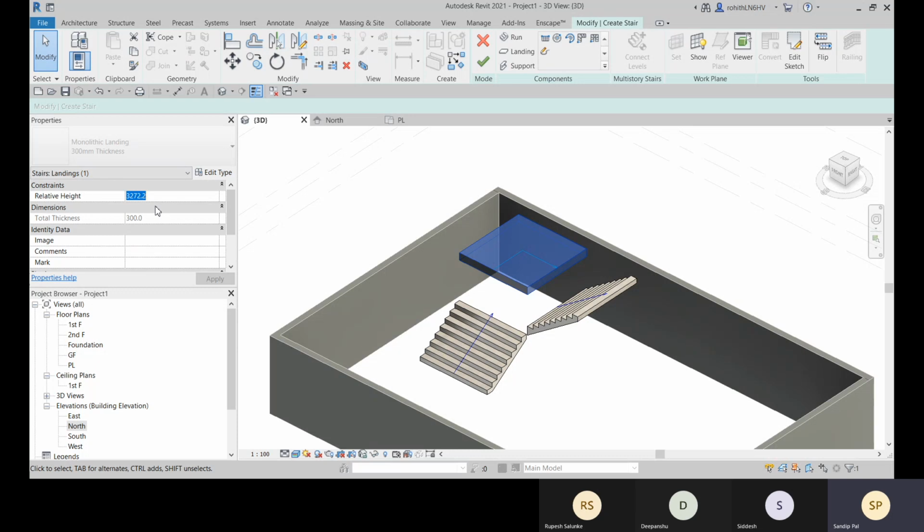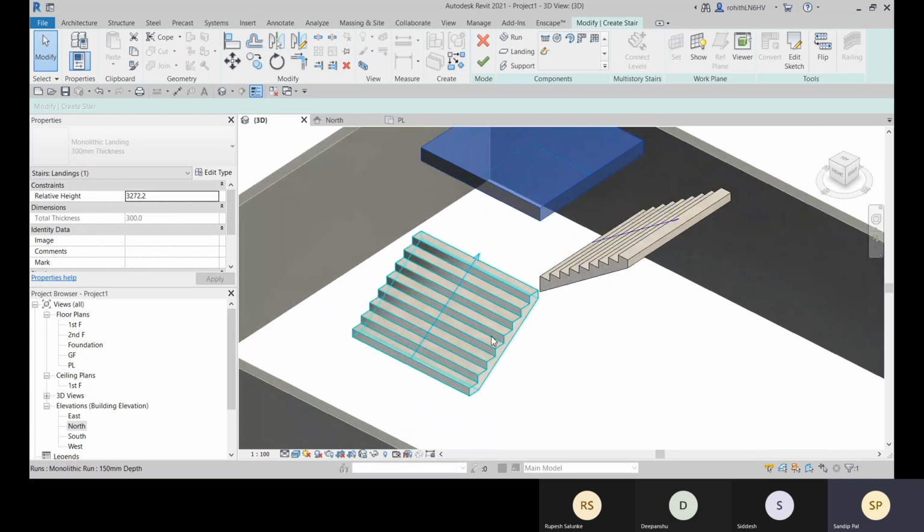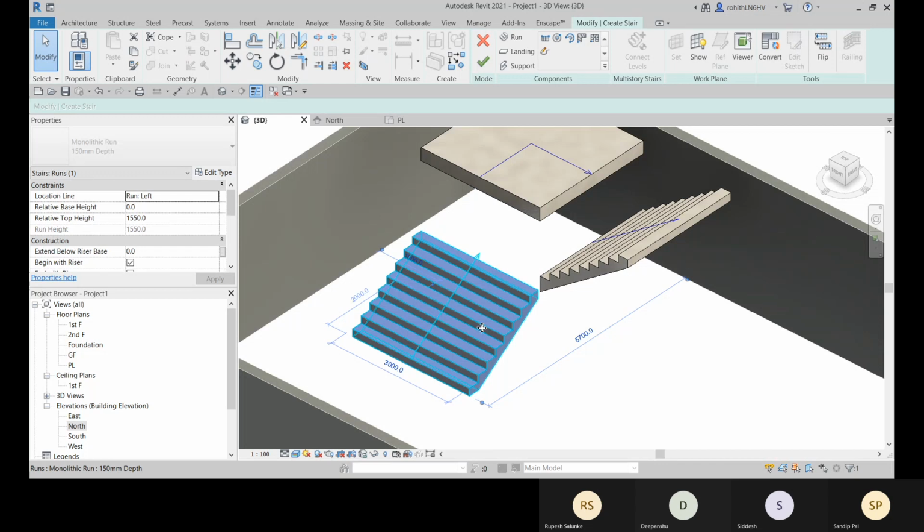Okay, so here we need to specify the relative height. So how much is the height that is defined here? The riser height. Okay, so the riser height is 172.2, and you need to calculate that you have 9 risers, and 172.2 into 9, what will be the total?